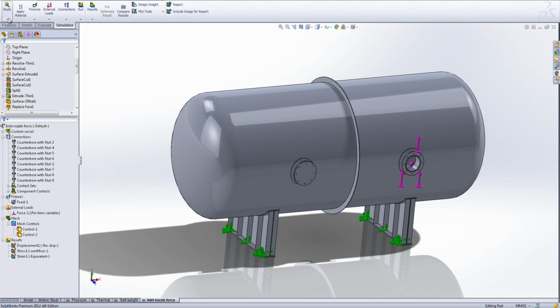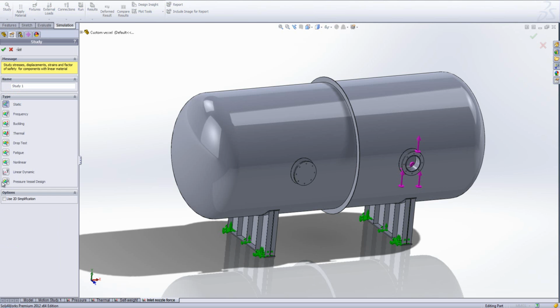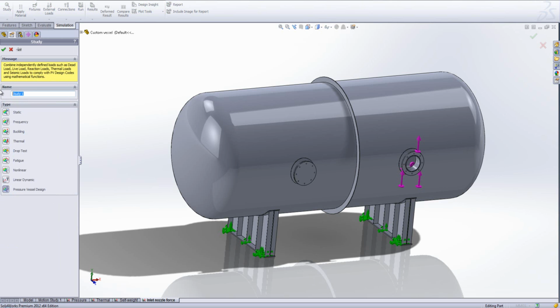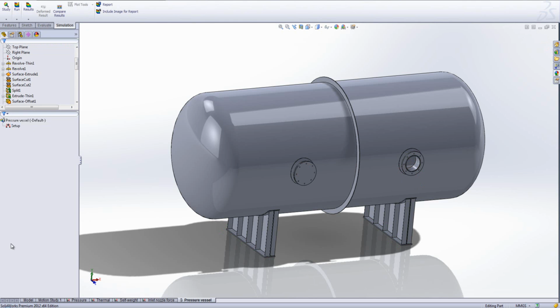Okay, so now let's jump into our pressure vessel design tool. So you see at the bottom of my list here we've got pressure vessel design. I'm just going to change this name. We'll call this pressure vessel. And so you'll see we've got a much more trimmed down simulation tree. There isn't much to it. All we need to do is right click on setup